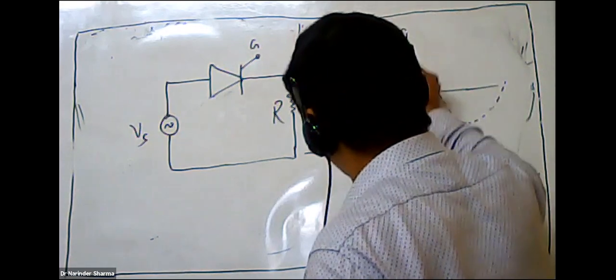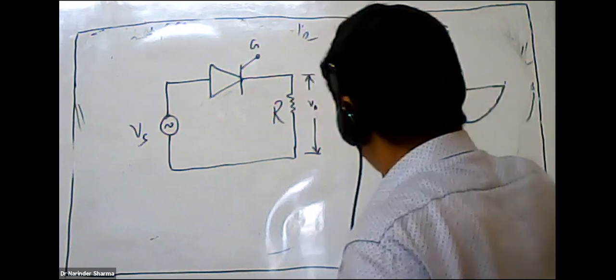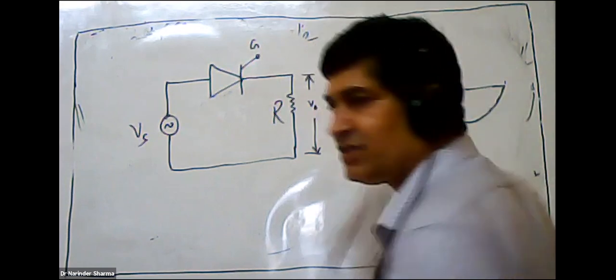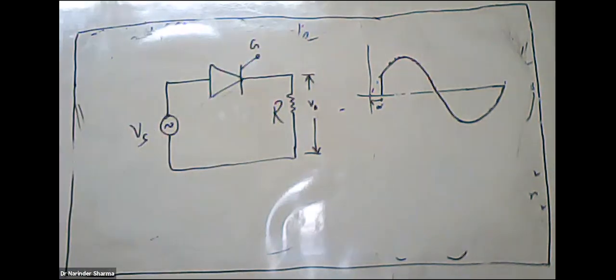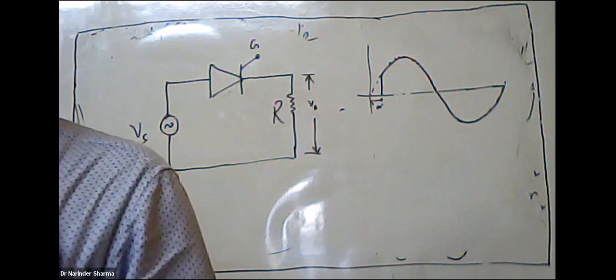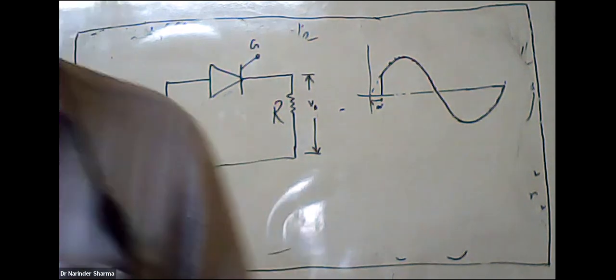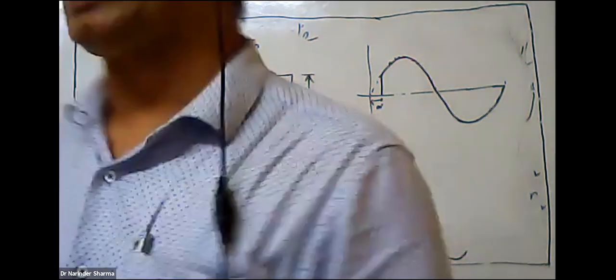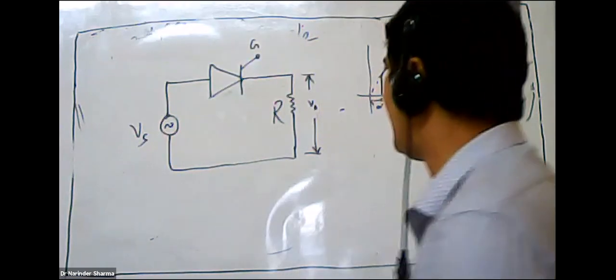So we can say that this would be the firing angle. At this point, SCR will start conducting. So the firing angle is an important characteristic. Turn off time is different for SCR. It has 4 factors. This is about the turn on time, where for the turn on time we are related with the firing angle alpha.